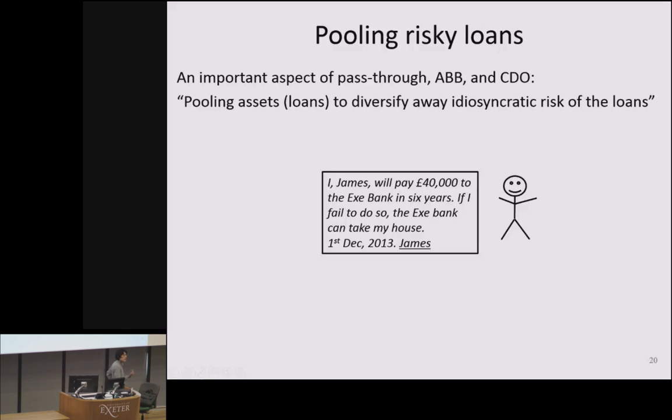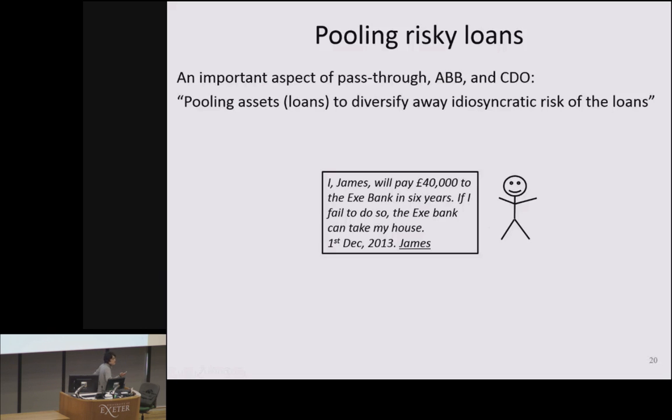For banks, it's okay to invest in this type of asset, mortgages. But for regular investors, this is not a very attractive investment. If this piece of contract is sold for £35,000, would you buy it? You pay £35,000 today, and after 6 years, you'll be paid £40,000. That's a very high return, but even if James is a very decent person with a decent job,